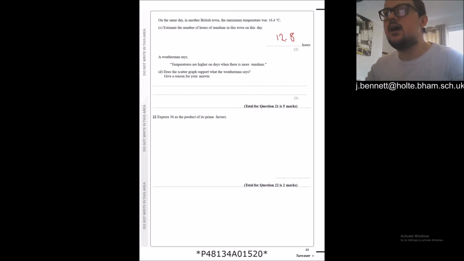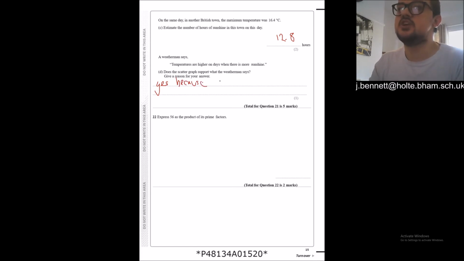Temperature is higher on days when there is more sunshine. Does the scatter graph support what the weatherman says? The answer is yes. That's fine. As I said, I'm allowed to be wrong. Yes, because